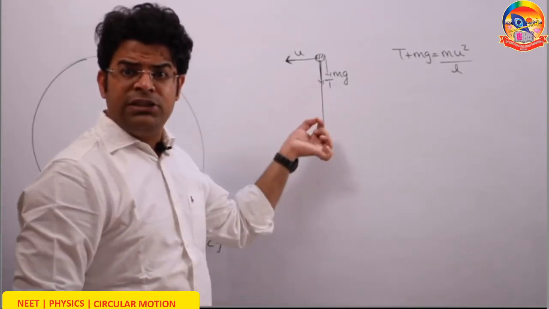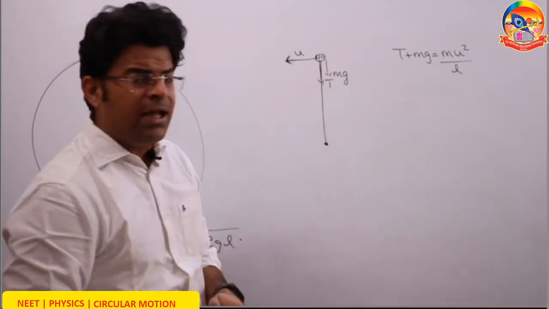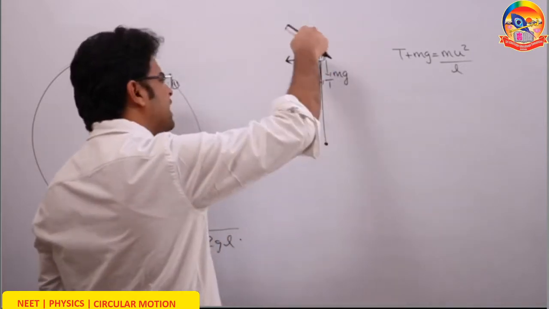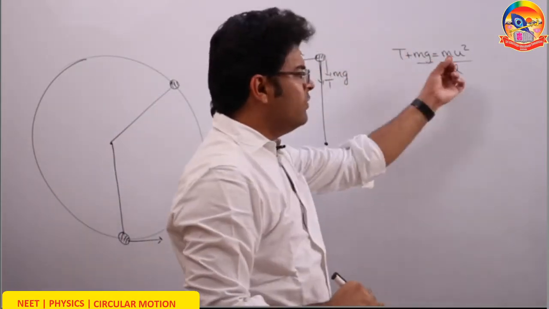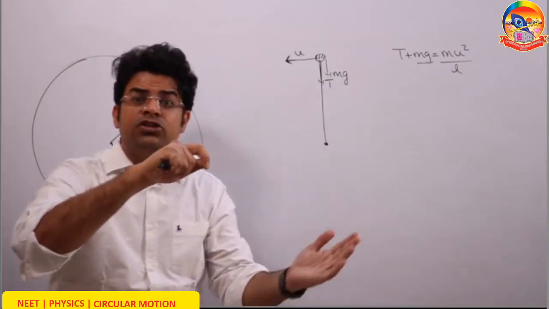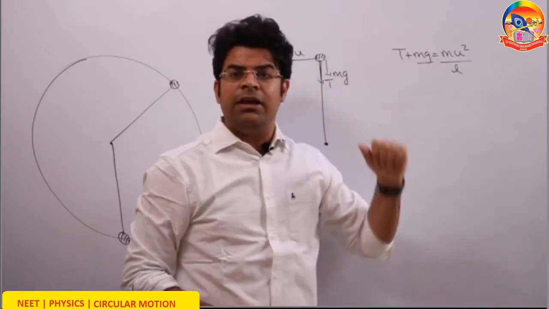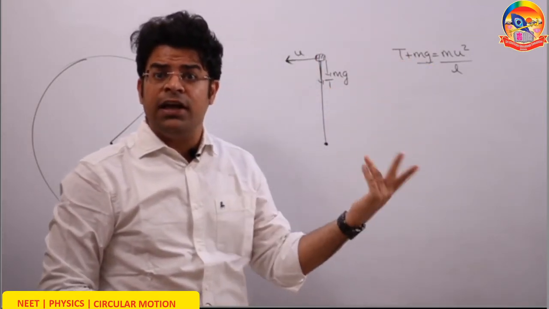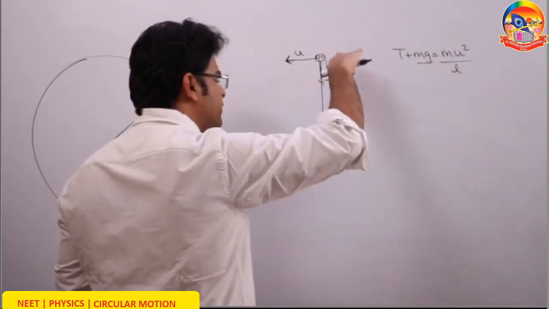So the force of tension plus the force of gravity acting down should be equal to centripetal force, mu square by L. Now here you can see, the higher the speed at the highest point, the more will be the tension, because this part is constant. So if you throw the bob faster and it has more speed at the highest point, the more will be the value of u, the more will be the value of T. As you keep on increasing u, the speed at the highest point, the tension at the highest point will keep on increasing. As you keep on decreasing u, the tension keeps on decreasing.